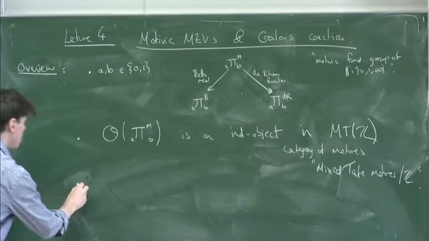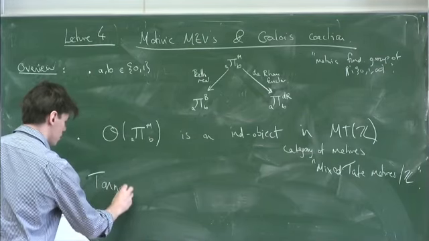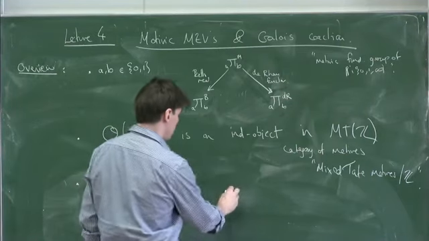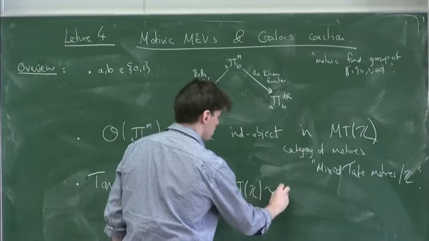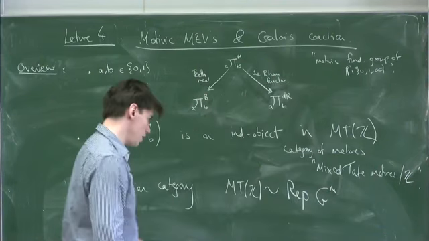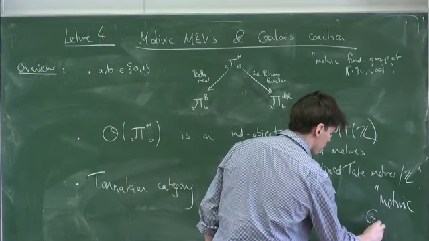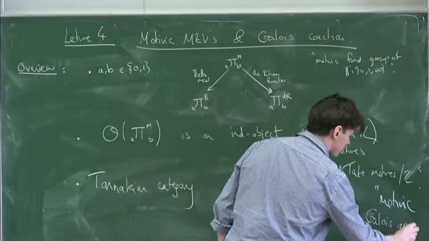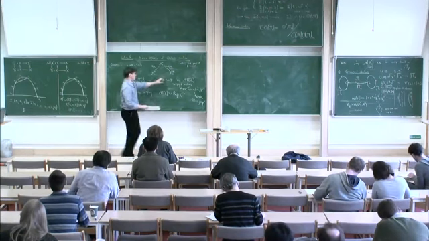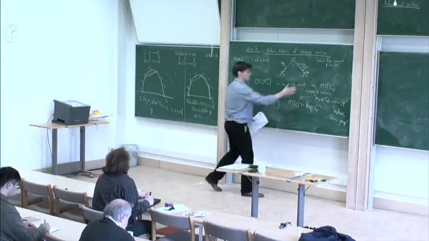Okay, so the next step is that MT of Z is in fact a Tannakian category. So in particular, it is equivalent to the representations of a group that I'm going to call G^M today. And this group is called the motivic Galois group of this category. As I'll say in a minute, a mixed Tate motive can be thought of as just its de Rham realization, the end of this arrow, with this group action. That's why I've been working on this side so much.